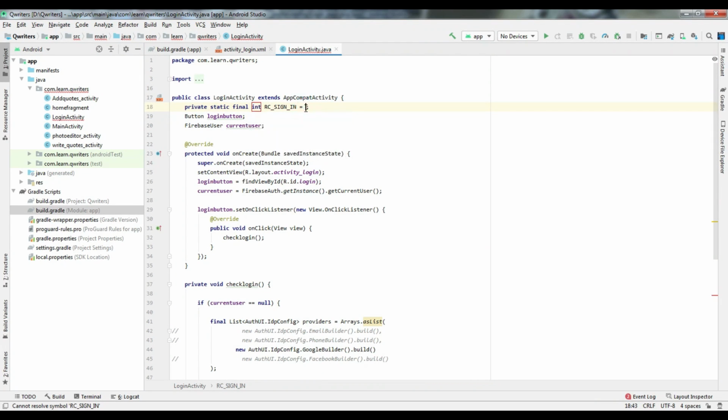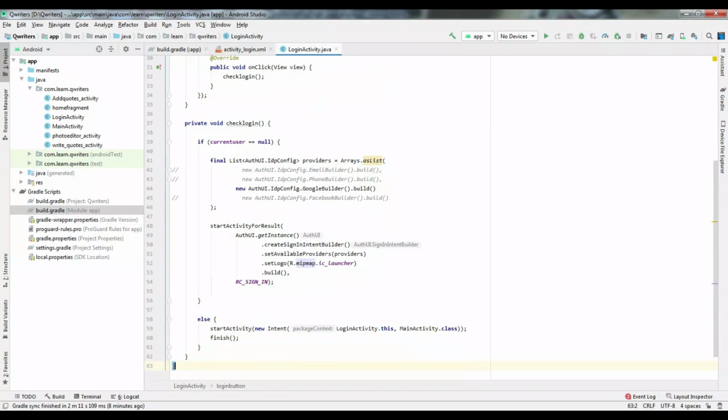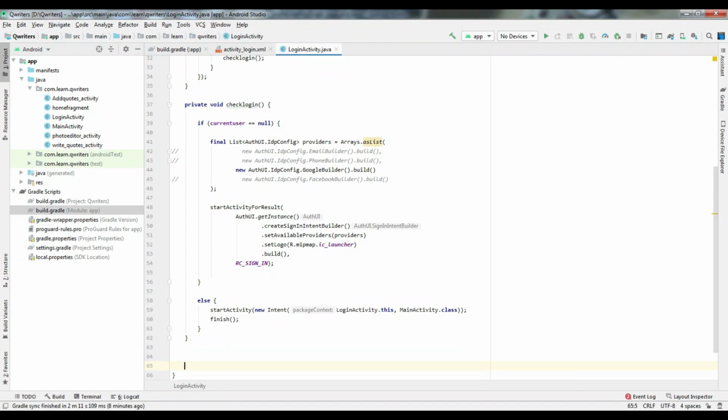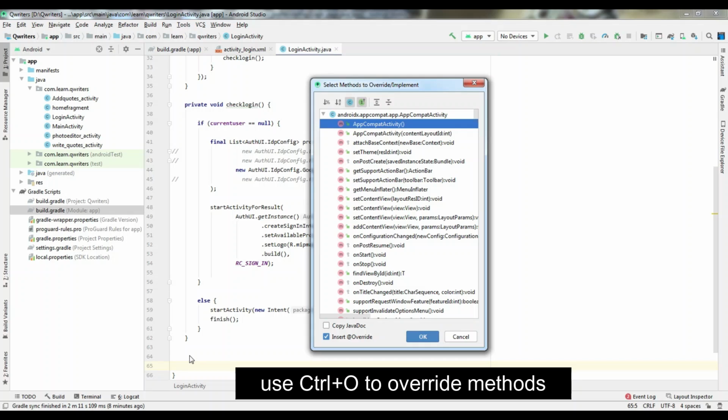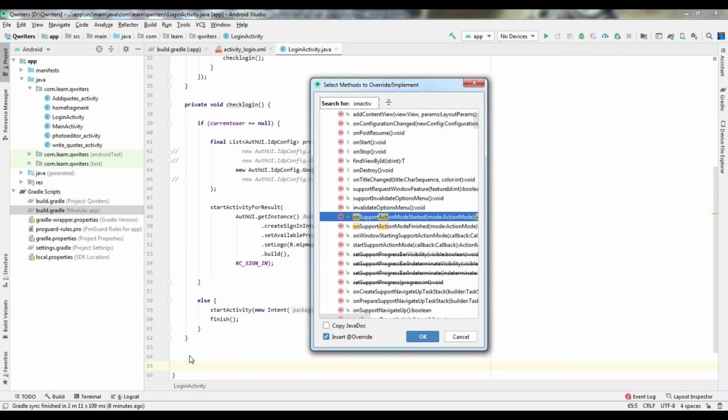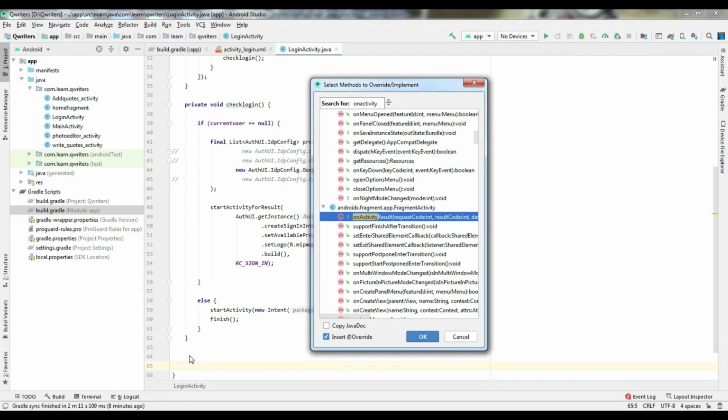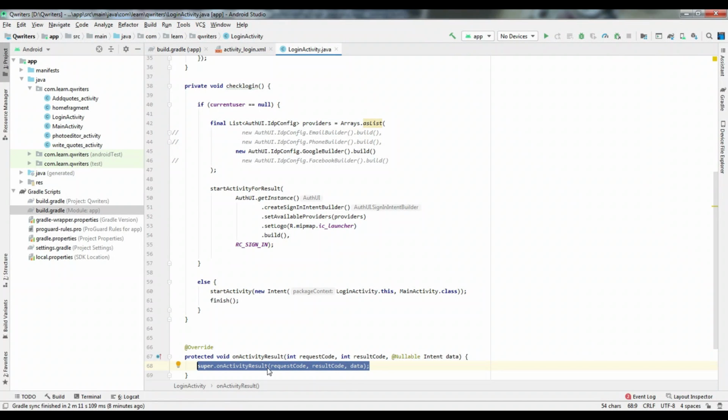Just give one number, whichever you want, and next we'll be getting the result in onActivityResult. So just click Ctrl plus O, type onActivityResult and override the method.